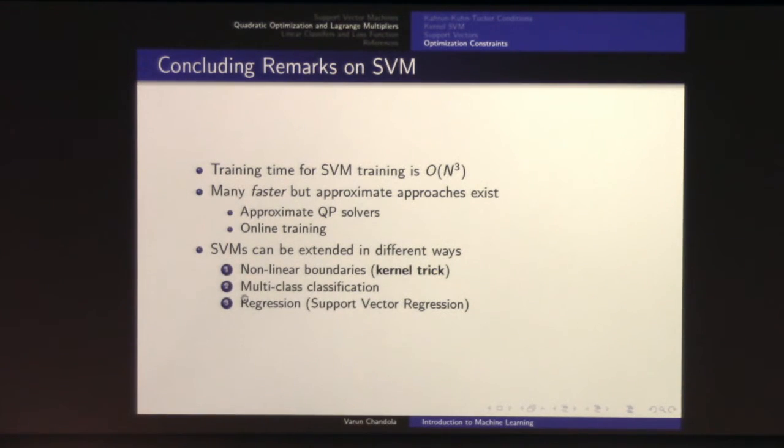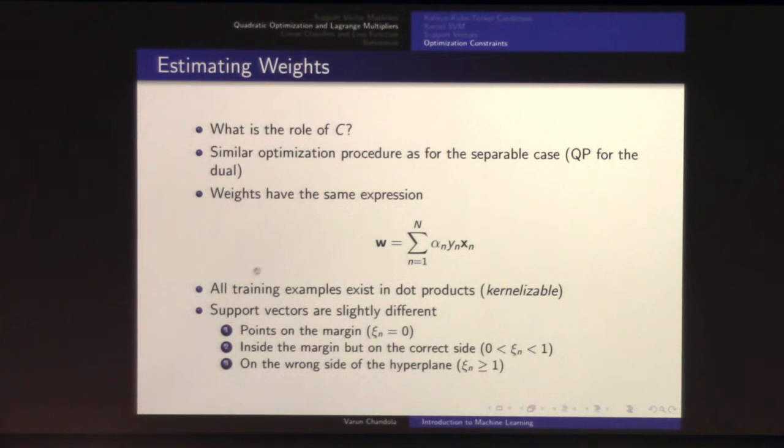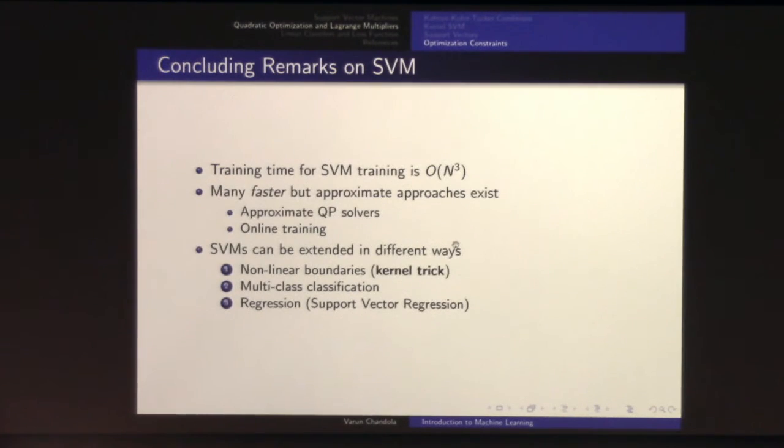In your assignment 3, you are looking at logistic regression for a multi-class case, so you can do the same thing for SVMs as well, and you can also use it for regression. So cases where y is not a binary label. So far we said that y is +1 or -1, but y could also be a quantity. Just like linear regression, you can predict some value. We will not go into how to do that, but